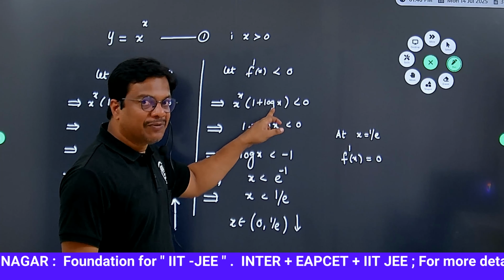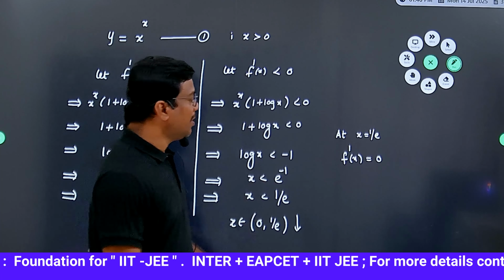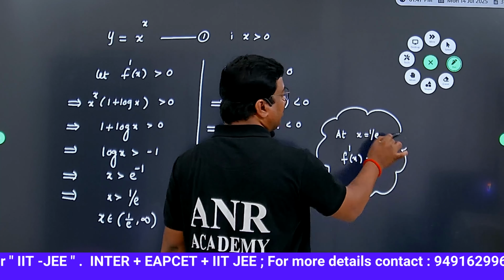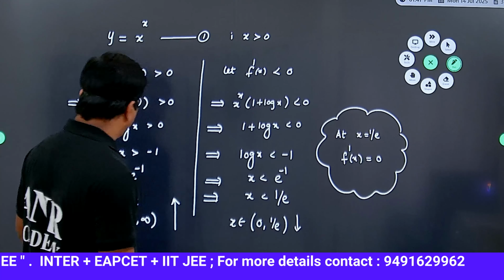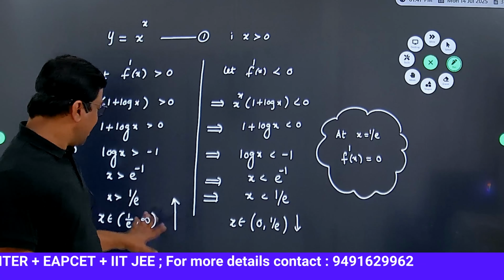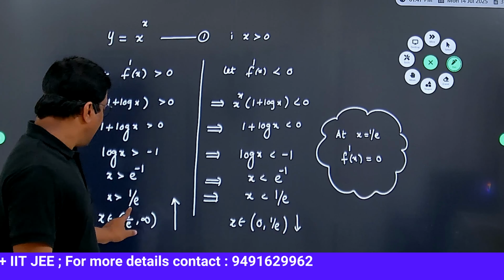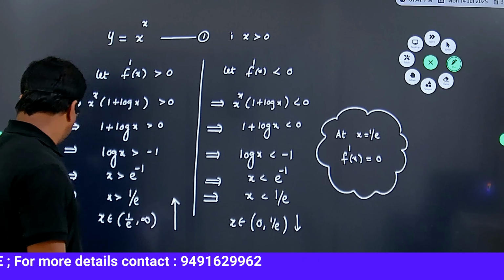Minus log e value is minus 1. So 1 minus 1 becomes 0, and hence its derivative is 0 at x equal to 1 by e. So here it is decided that in the interval 0 to 1 by e the graph decreases, and from 1 by e to infinity it increases. So in the graph,